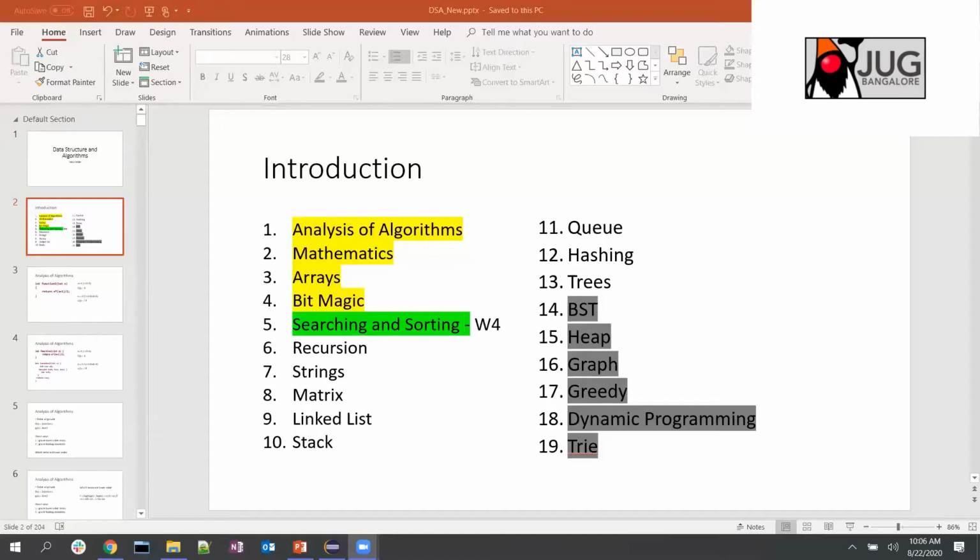In the earlier three classes, of 2 hours each, I spoke about analyzing an algorithm, different asymptotic notations, and how to find time and space complexity when an algorithm is given to you. We spoke more on the time complexity part, which is asked very generally in a lot of interviews. Then we saw what kind of questions come from the mathematics part, bit magic or bitwise operators, and then arrays we discussed in detail.